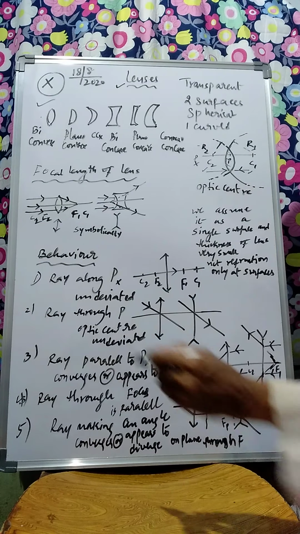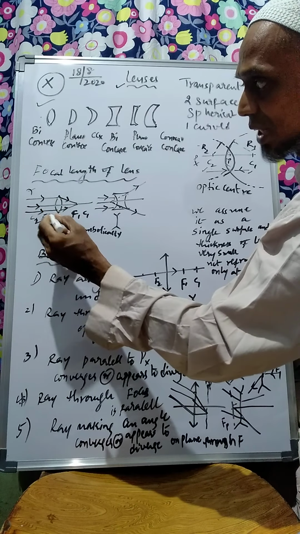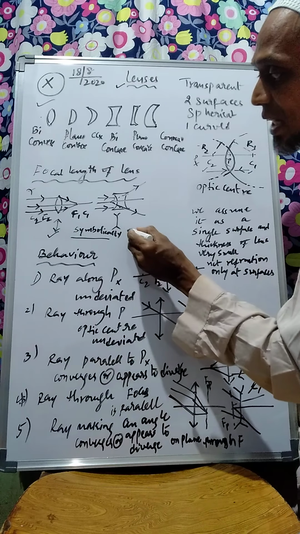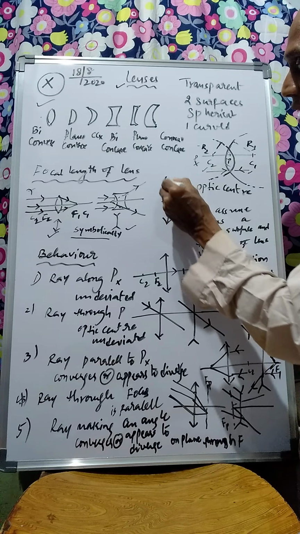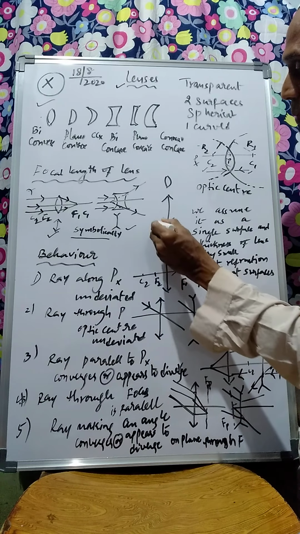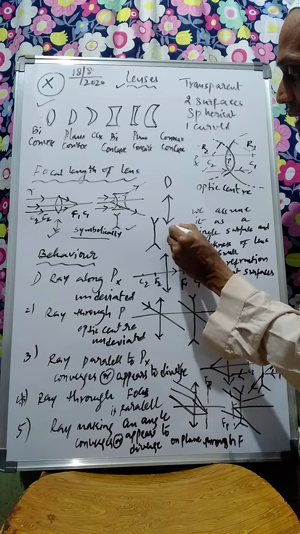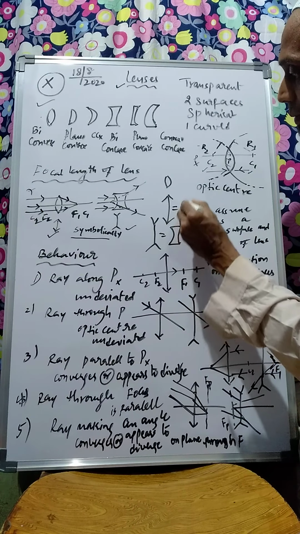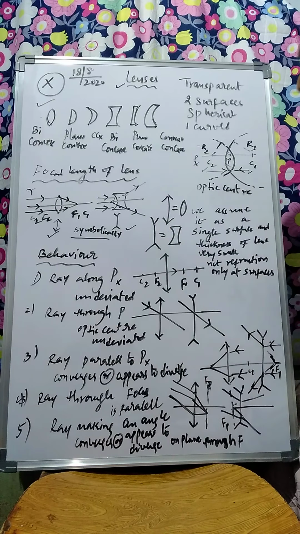When parallel rays, that is, rays from infinitely far off, pass through a concave lens... Also, symbolically a concave lens is written like this and like this. Instead of drawing the full shape, in short you will write it like this. Both of them are the same. Okay, now let us come to the focal length of a lens.